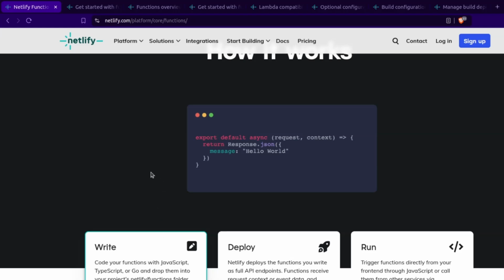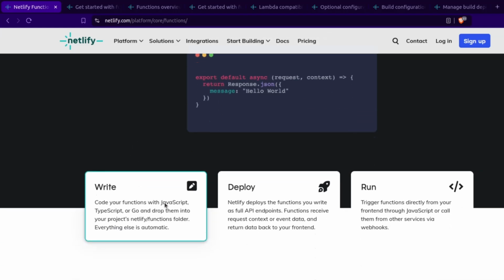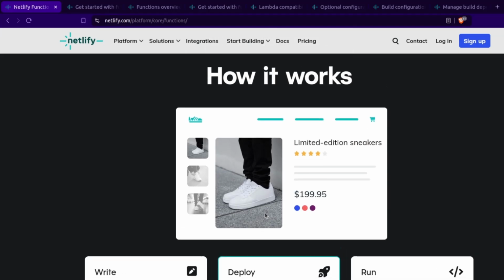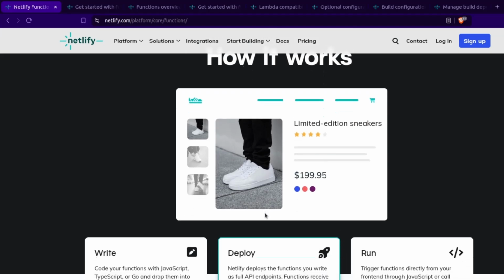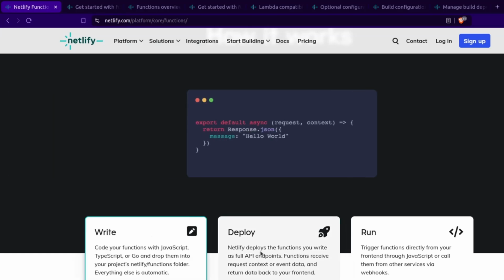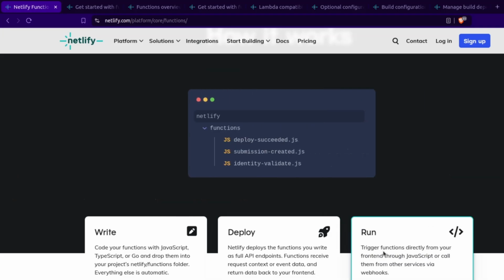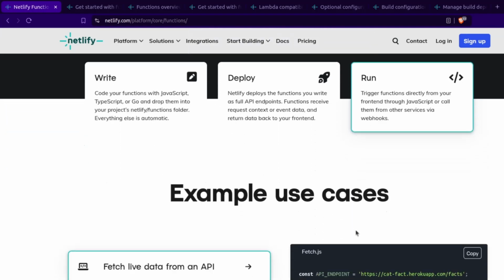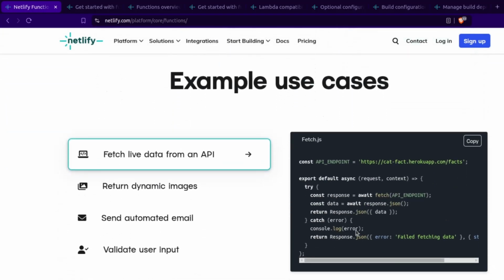So with Netlify Cloud functions we can write with JavaScript, TypeScript or Go and just drop it into any project folder within the Netlify/functions folder, and we can basically run it as an API endpoint. For deploying, we can either use GitHub integrations or deploy it from Netlify CLI. And to run it, we can either run directly with the URL or trigger from a webhook or use it